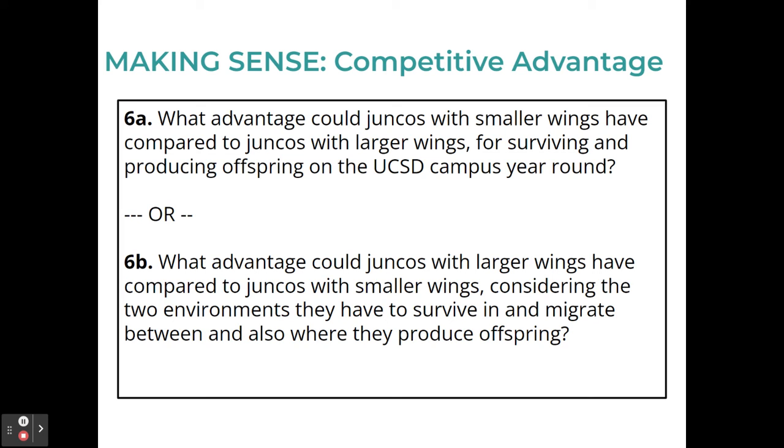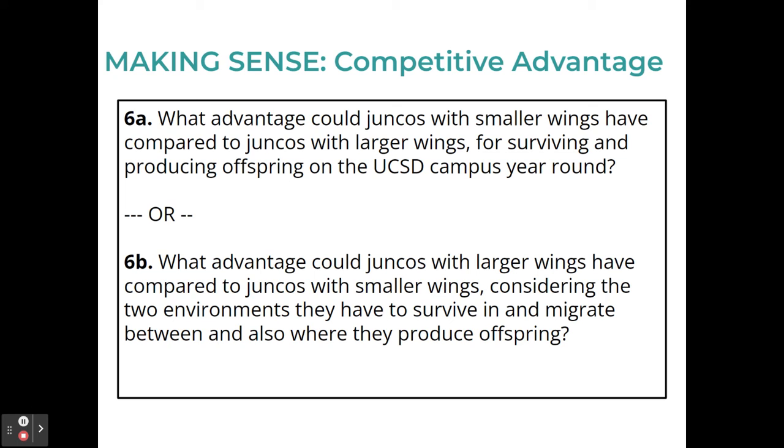The way I like to think of this question is a comparison between a fighter jet and a 747. A fighter jet is a much smaller plane with smaller wings. And what are fighter jets really designed for? They're designed for maneuverability. They're designed to be able to move and swerve and turn in sharp places, go close to structures, be able to survive. I think of the campus juncos as the fighter jet juncos. Those smaller wings enable them to maneuver more around those obstacles, for example humans, or sides of buildings, or around trees, or swerving out of the way of vehicles.